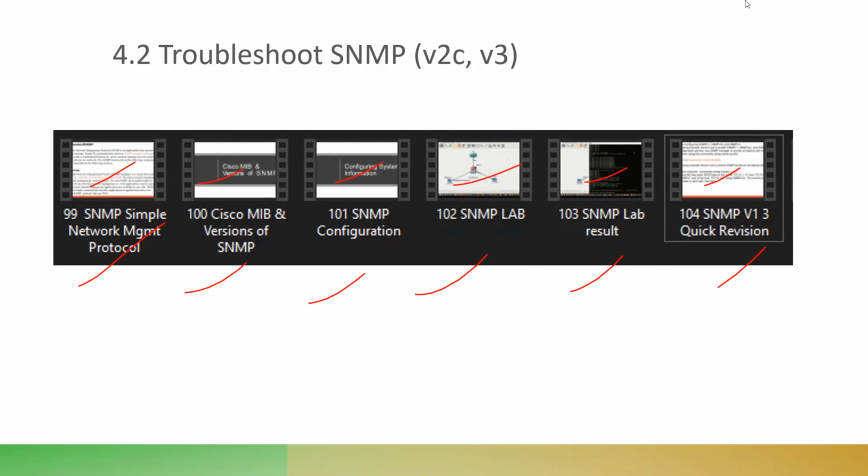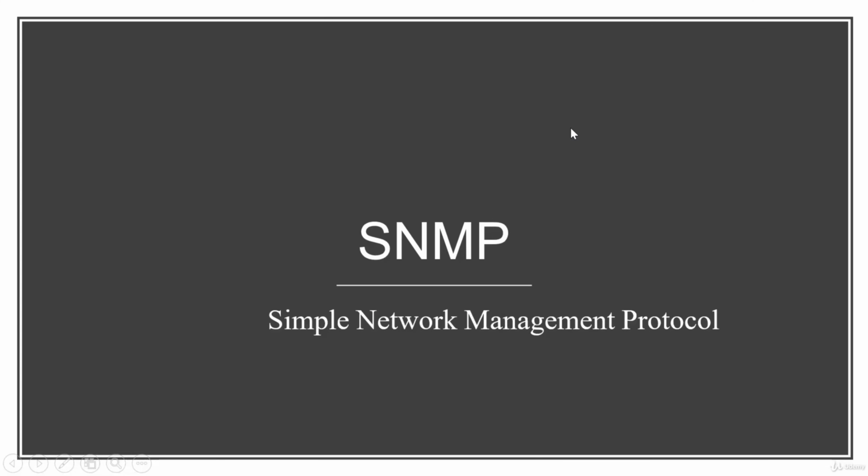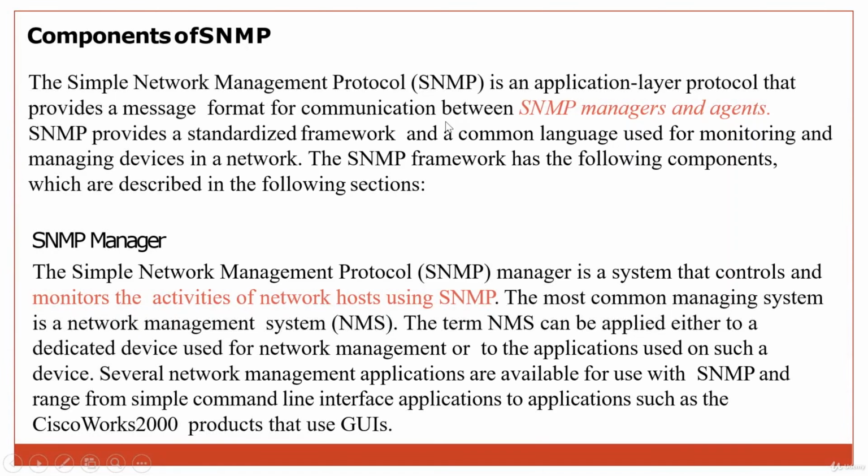4.2 related to SNMP. We have the management protocol for the network, that's the Simple Network Management Protocol, SNMP. Let's first of all understand the terminologies used in SNMP. Basically, we have three major components. We have the SNMP manager. You can think of this as a collector that gets the information from the SNMP agents. So you have agents, that's the network devices, and you have the manager where all that information is collected